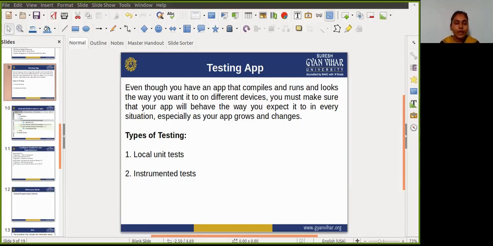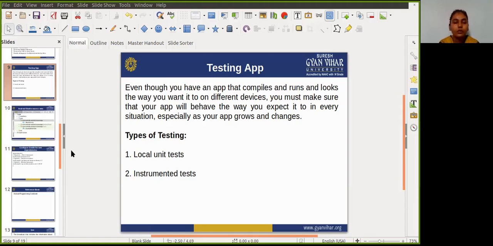So what types of tests are there? Android supports several different kinds of tests and testing frameworks. For basic forms of testing, Android supports local unit tests and instrumented tests. Local unit tests are tests that are compiled and run entirely on your local machine with the Java Virtual Machine, that is JVM.